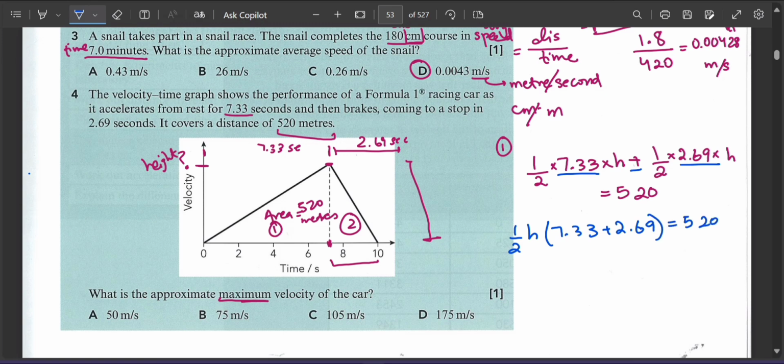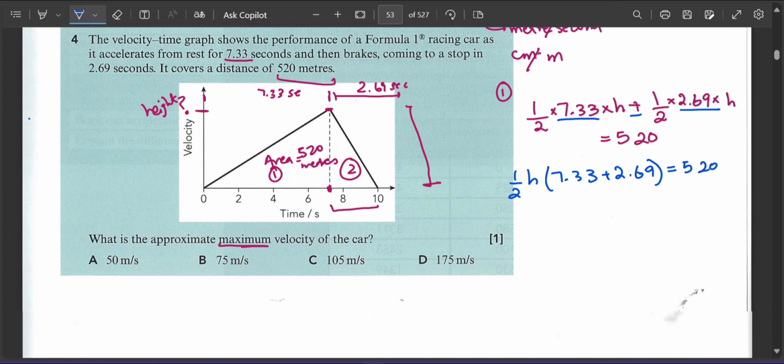Now we can just add it up. 1/2 h will be, when added 7.33 plus 2.69, it will give us 10.02 is equal to 520. And now we are going to make h the subject. 520, firstly multiply by 2,